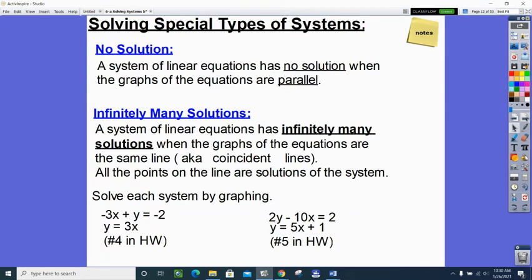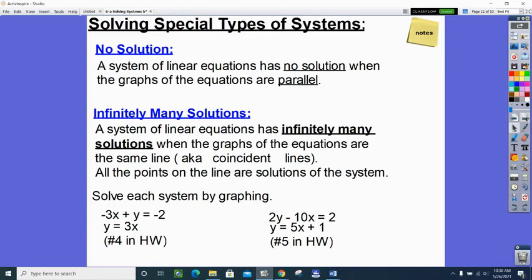So now the weirdos can happen, and you probably saw that as you were graphing. So we can have a no solution, and that would be a system of linear equations that are parallel. They would have no solution. And if you weirdly go to graph it and you're like, hey, wait a minute, this is the same line, just two different ways to write it, kind of like Mrs. Woodruff and Mrs. W,